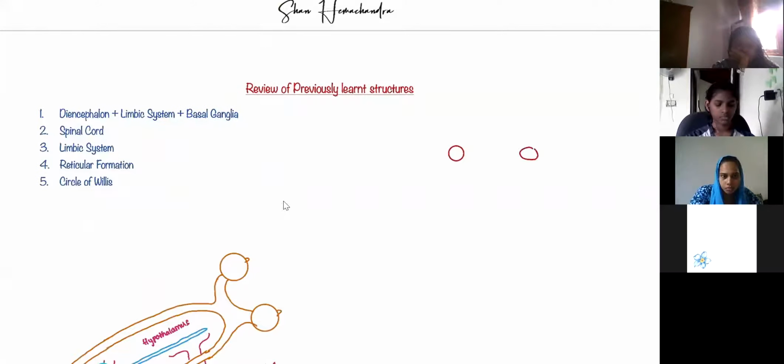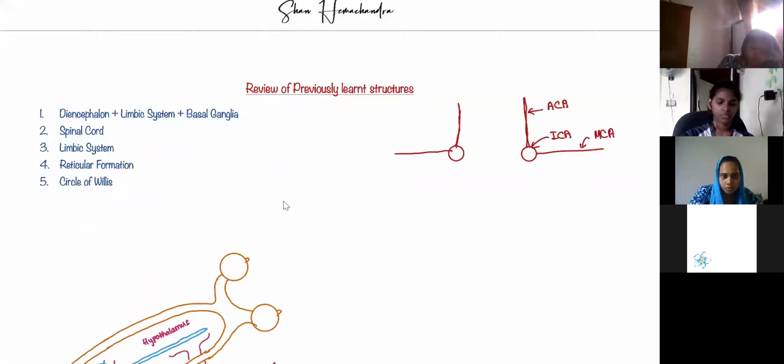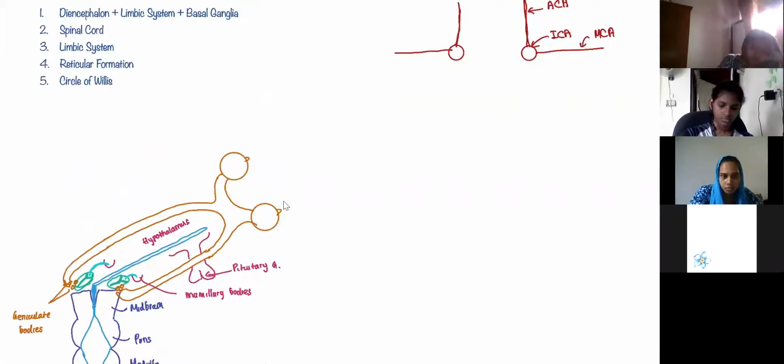What are these two arteries that give rise to the anterior cerebral arteries and the middle cerebral arteries? What is this artery here? What is this artery? Carotid. Internal carotid artery. Okay. This is the anterior cerebral artery, middle cerebral artery. And then from the posterior, we have,